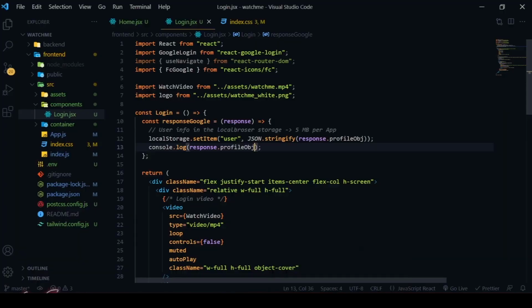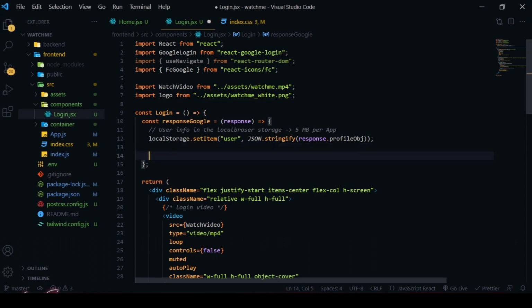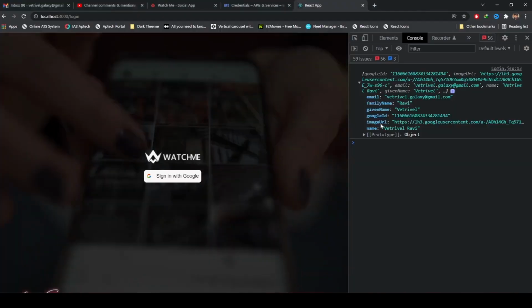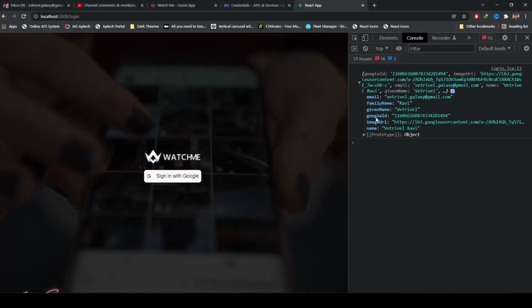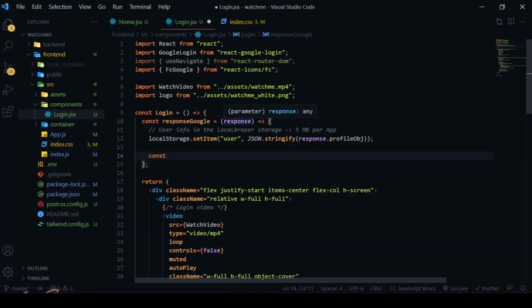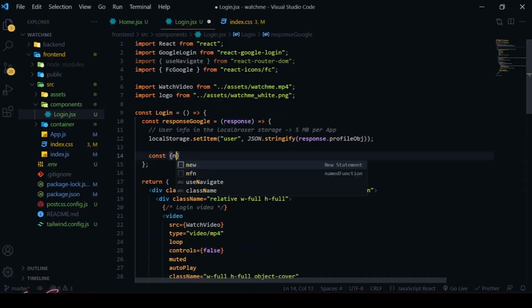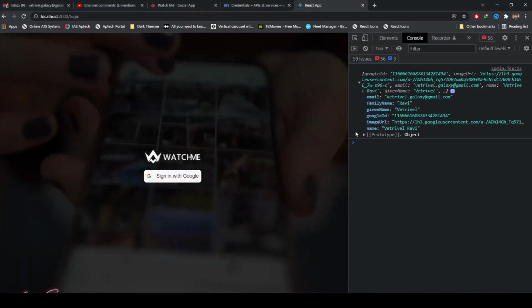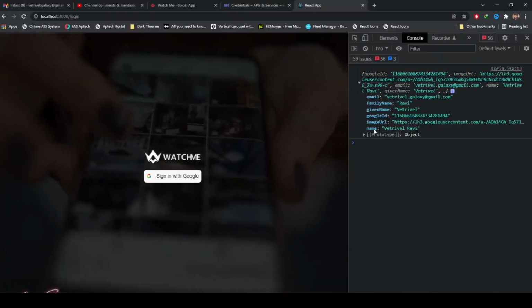Cool. Now let's go back here and remove this console log, and after this I'm going to get that response obj over here. So instead of using that, what is the information we needed? We need only the image URL, Google ID, and the name. So I'm going to destructure it. I need the name from that. So make sure that it's perfect, and then copy this